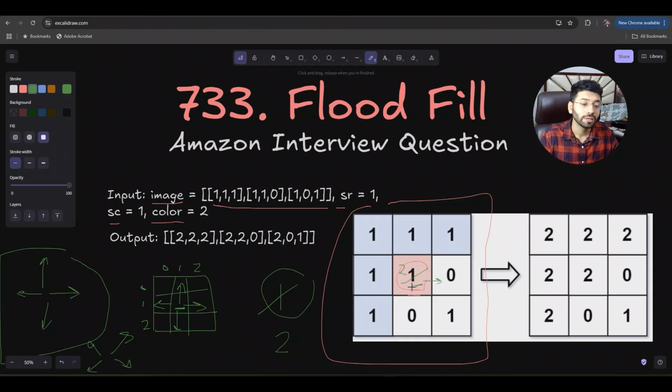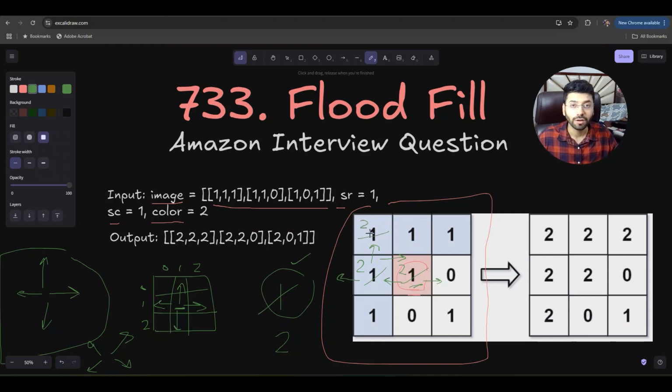So after going to right, you will go to the left side. When you go to the left side, you will see the cell's color is 1, which matches the initial color, correct? So what you need to do is modify this color with the given color. So you will make this 2 as well. Now again from here you may go to the right side, but this is already 2, which is the given color, so nothing is required here. From here you can go to the left, but there is nothing on the left to it because the matrix ends here. Now from here you have two options: either you go up. If you go up, you see the cell's color is same as the first cells,